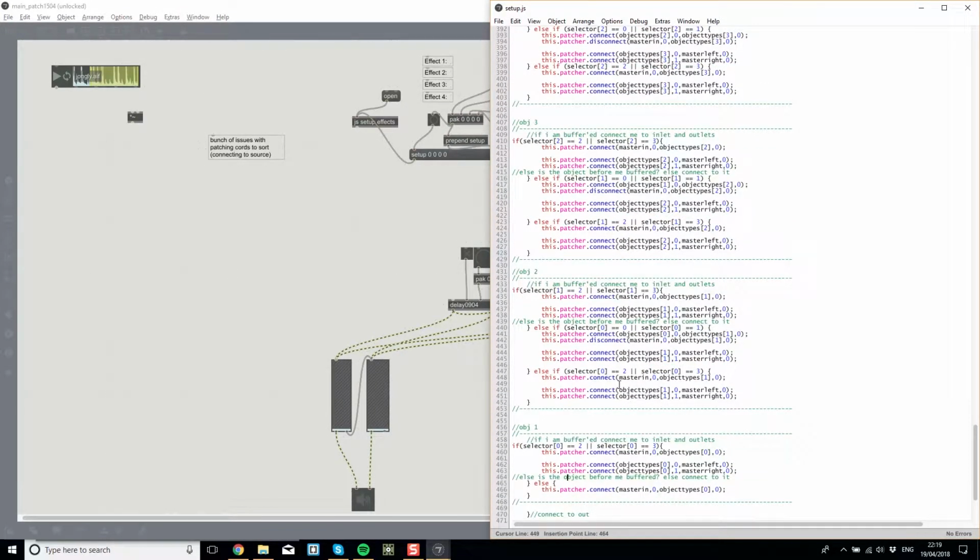So anytime we connect to the one before it, if selector 0,